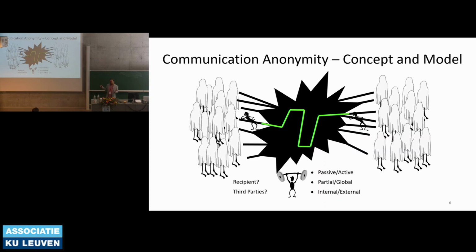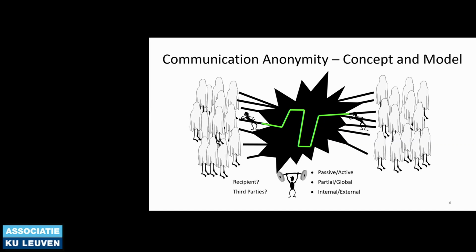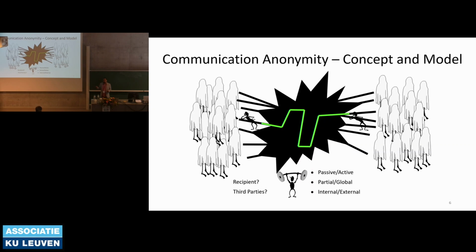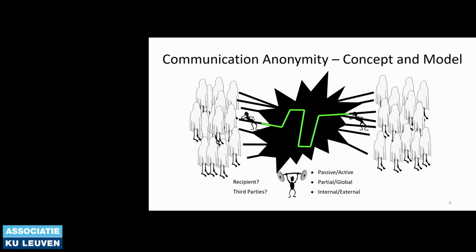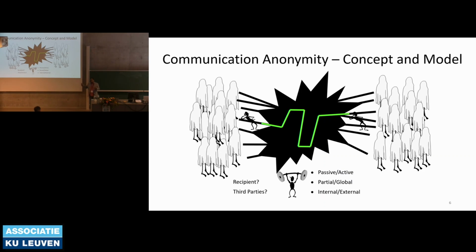And then you can divide partial or global adversary. Partial adversary would be probably just your ISP, where they cannot observe the whole internet or whole network, but they observe probably some portion of the traffic. Global adversary would be one that can observe the whole internet. Technically, you can say, okay, who can observe the whole internet, but there are adversaries who can observe a significant amount of the internet. For example, AT&T or German Telecom. They probably can have access to 60% of the global network. And there are studies that show that those big networks like AT&T or German Telecom can indeed have access to 50% or 60% of the traffic of the network if they want.